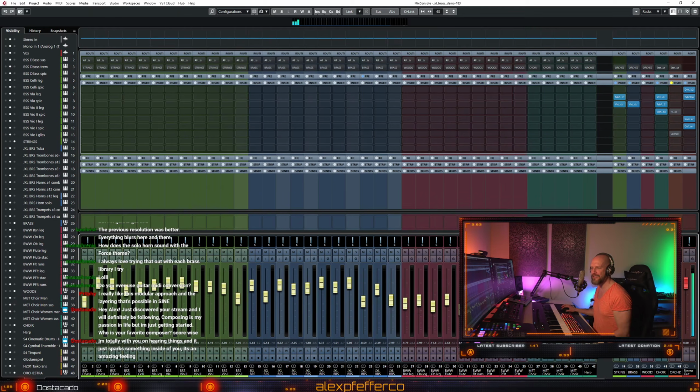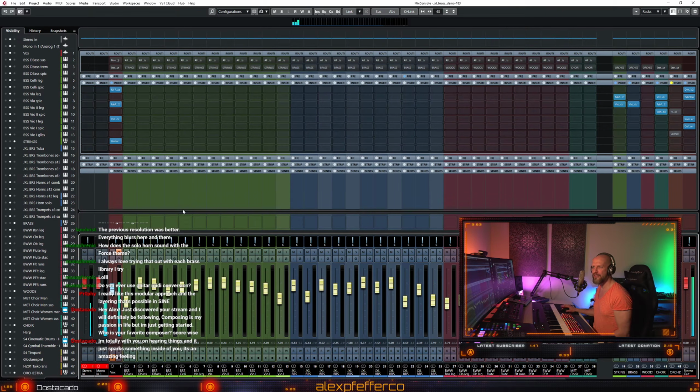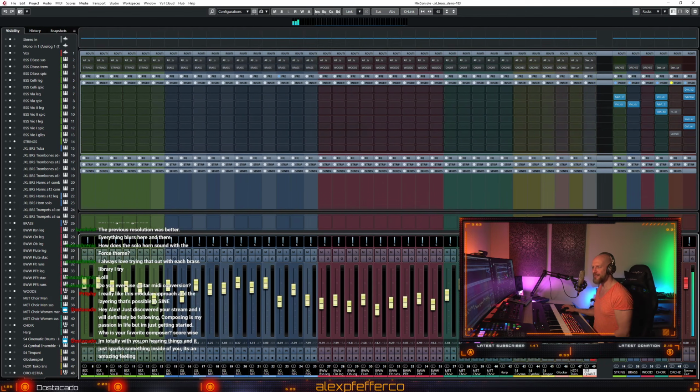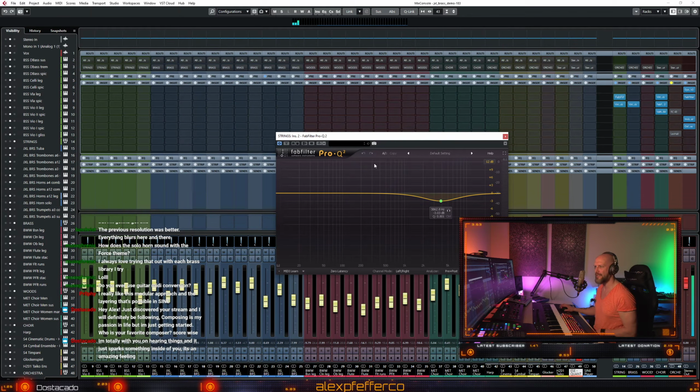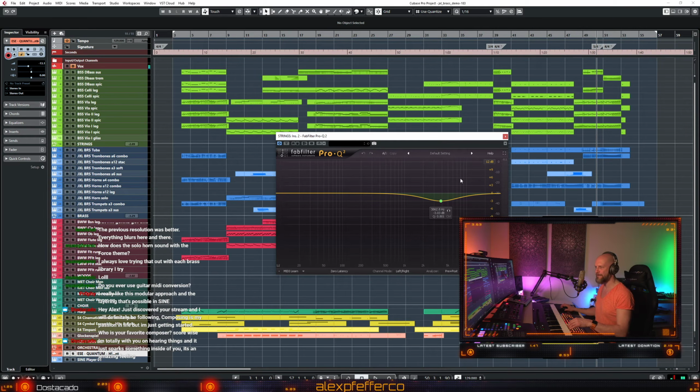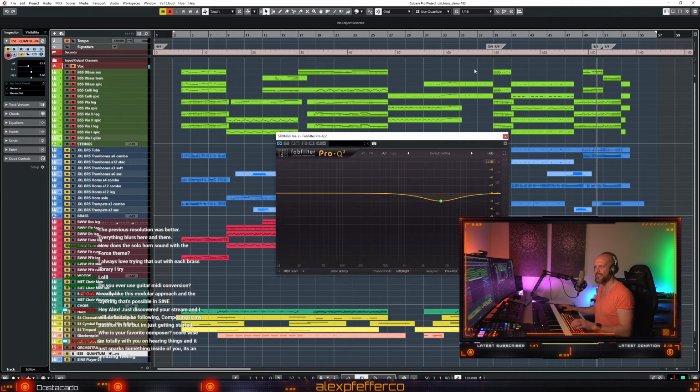As you can see here, there is a lot of effects happening, but this is for my vocals. There is basically nothing going on except a little bit of stuff on the strings here. I just applied my little bump here at 4 kilohertz that I'm always using. Let me quickly show this because it's pretty interesting. When you turn this off,